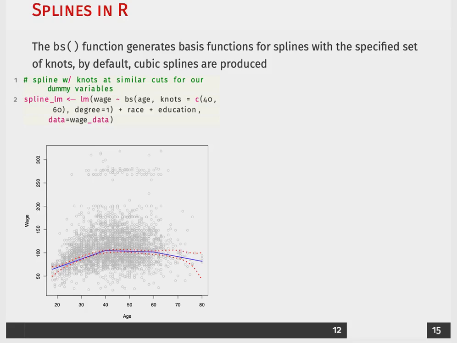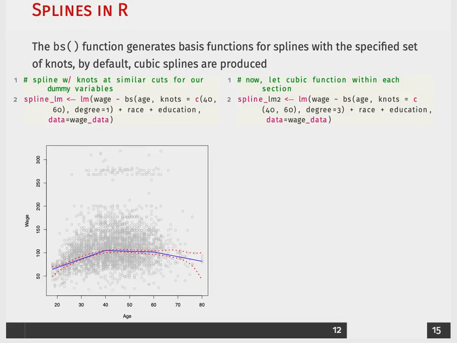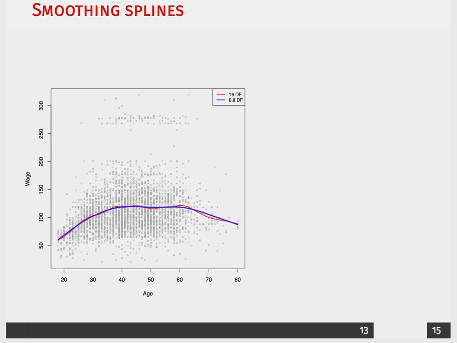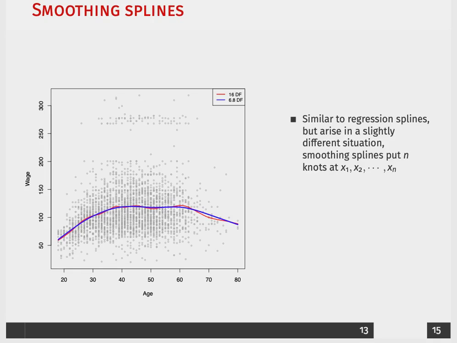Now, if you did degree 2, that would be a squared term. Degree 3 is a cubed term. So we could do that where we have degree equals 3. And what we end up getting is something that looks even closer to what we would have gotten with the polynomial transformation. We could also use these things called smoothing splines, and they're very similar to regression splines, but